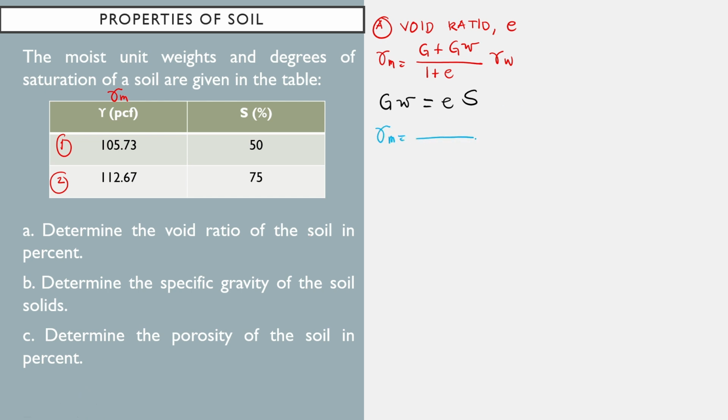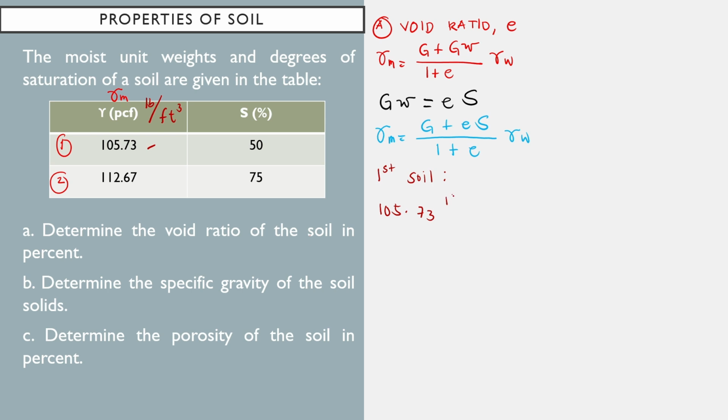So, gamma sub m is equal to G plus, substitute natin, void ratio times the degree of saturation, divided by 1 plus e, times the unit weight ng water. Ayan, so yung una, yung first soil muna natin, para makagawa tayo ng equation. And then later on, pwede natin siyang equate. So, yung first soil, yung moist unit weight niya is 105.73 is equal to,